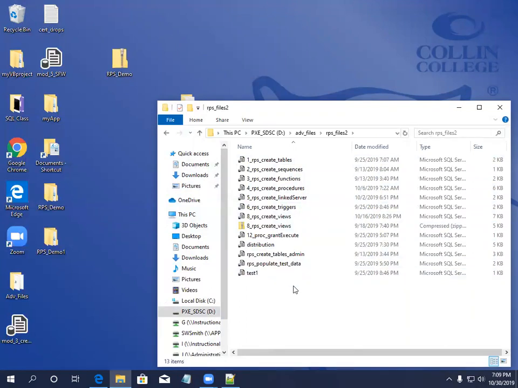I've got create tables, create sequences, create functions, create procedures. I'm not telling you that you have to have all of these, just like this. I have one called create views. For some reason, I've zipped this one up. Grant execute. I don't know exactly what I have here, but for example, I'm using these probably 1 through 8,